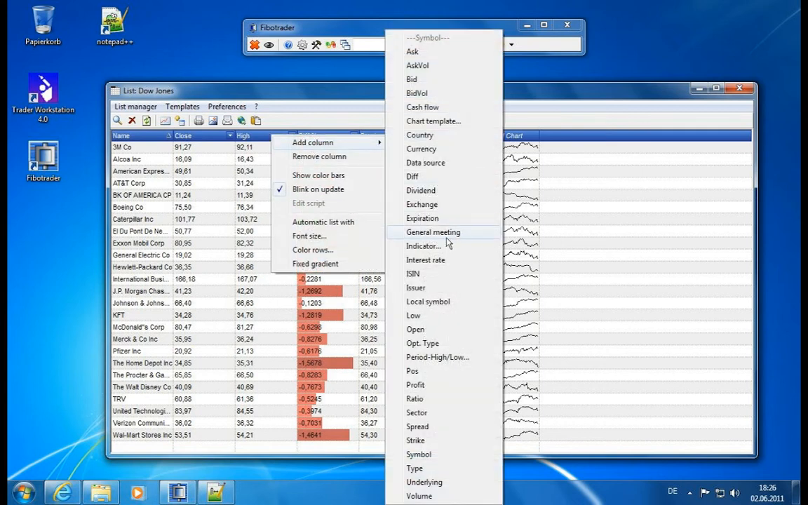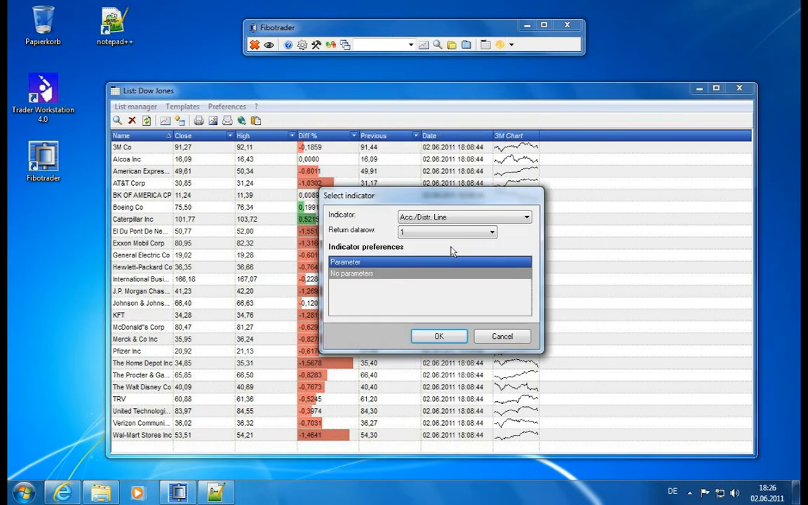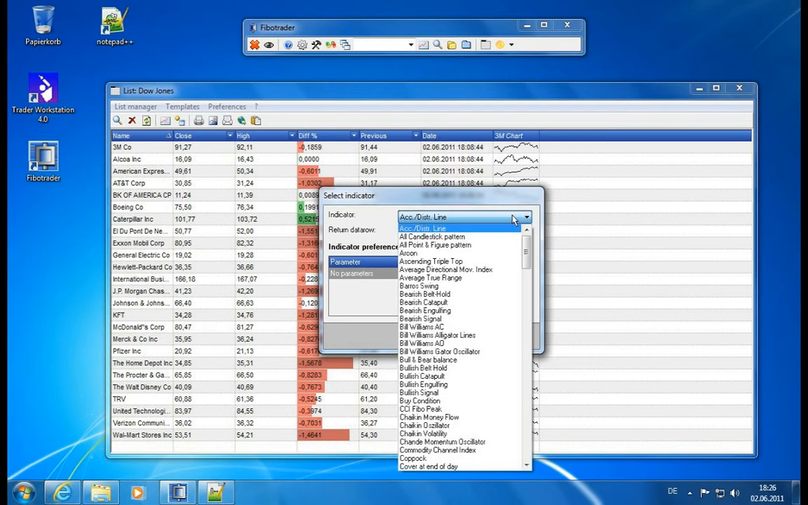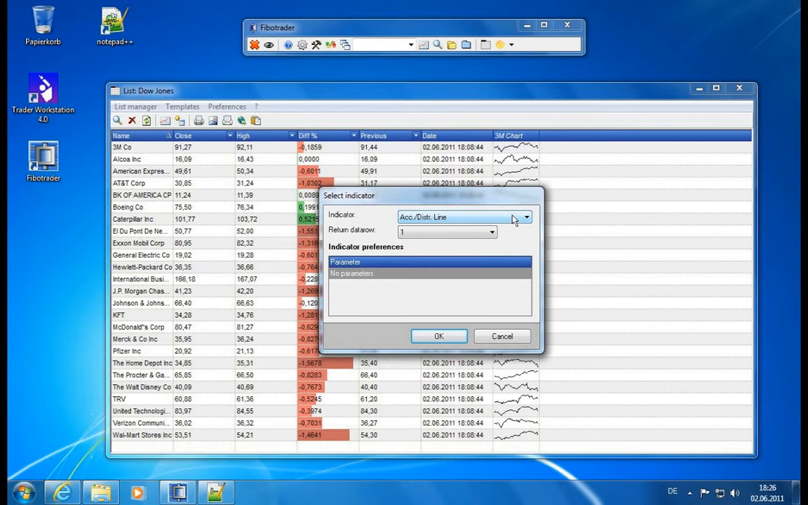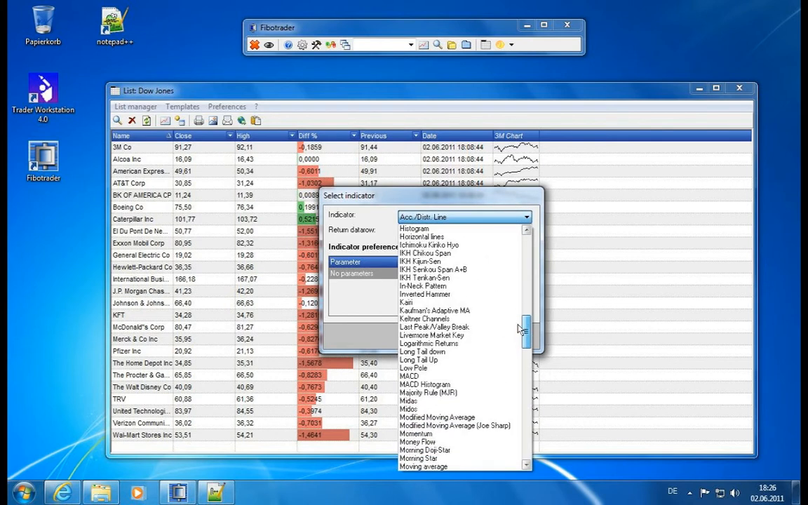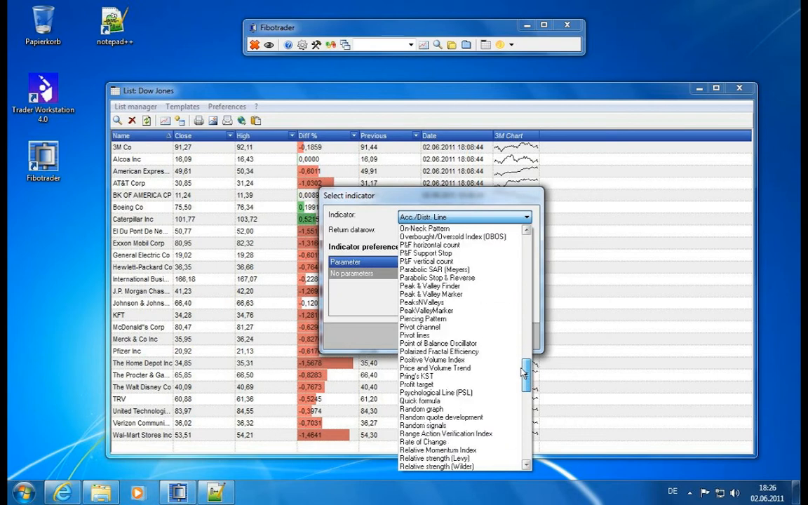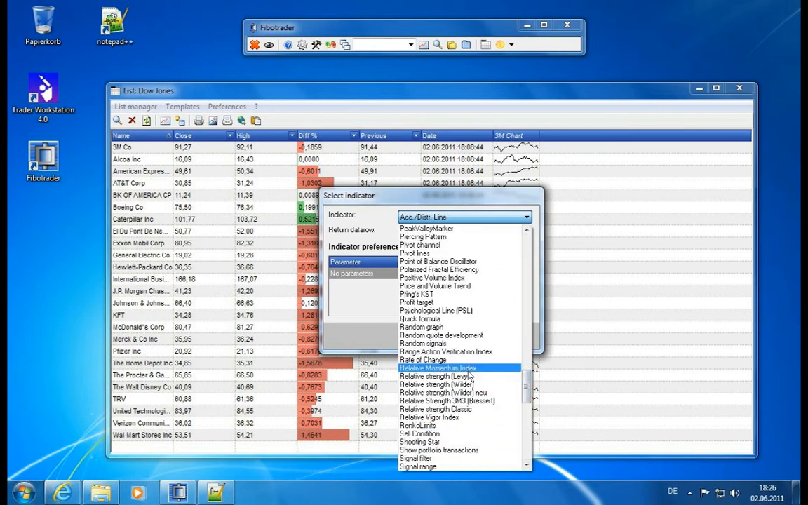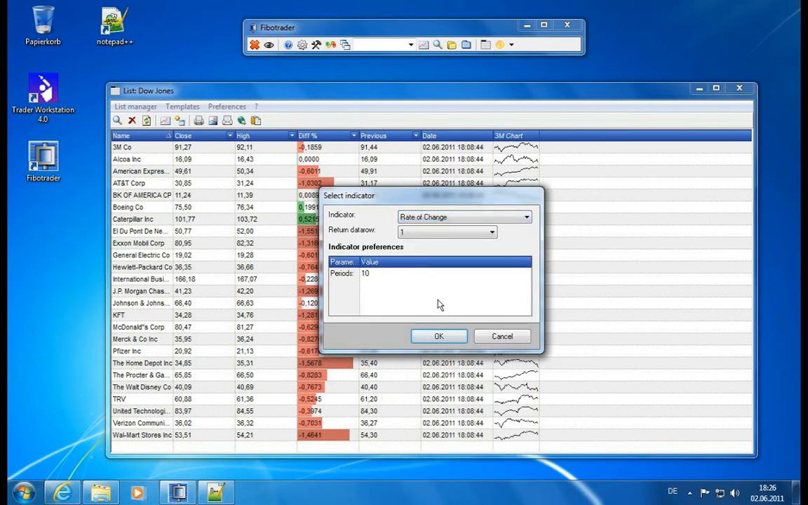Let's add another column, and now there's something called indicator. Indicators are similar to the chart template and similarly powerful. So let's say you want to show the value of an indicator, let's take for example an oscillator like the rate of change. If you want to see the current rate of change for any of the symbols here in the list, you can select the rate of change, and then there's something